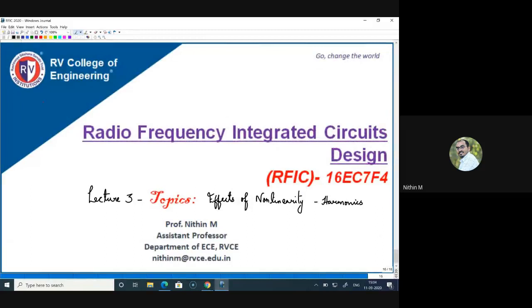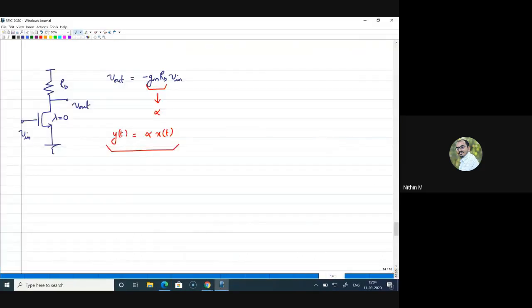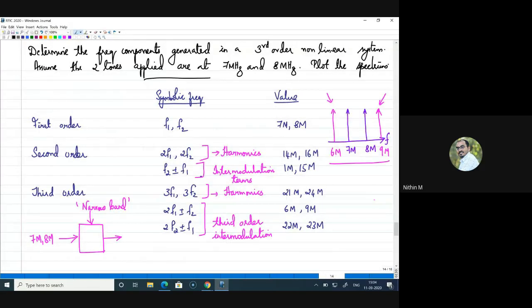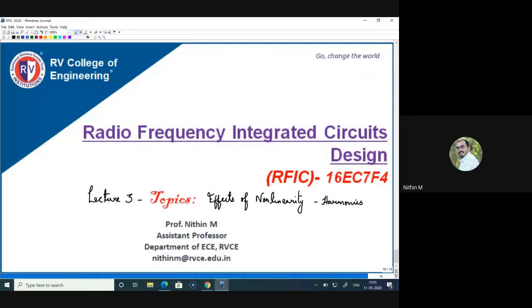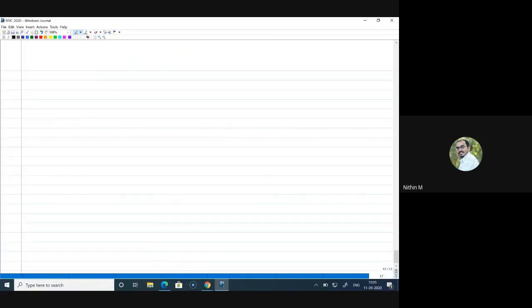Now by looking at this expression, and at the various components of a nonlinear system, we understood that there are a lot of components coming at the output. So now we will see what the effects of these components are separately. What is the problem if there are harmonic components appearing at the output? What is the problem if there are intermodulation terms coming up? We will deal with such things today. Today we'll look only at harmonics, and I'll also show how to see harmonics in the simulator.